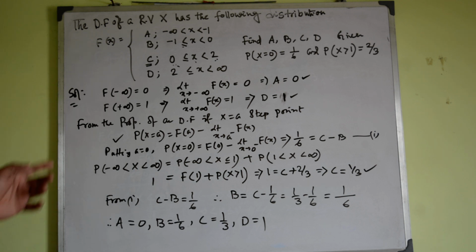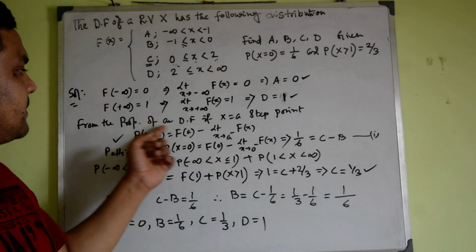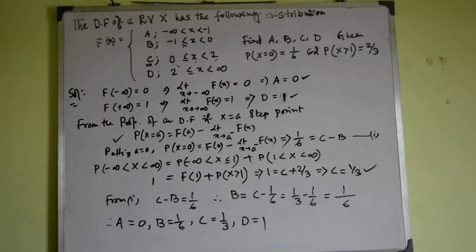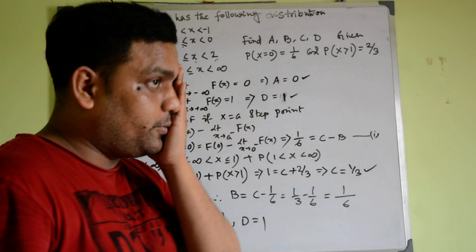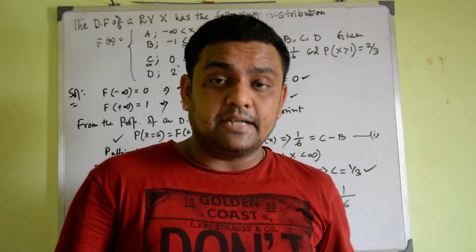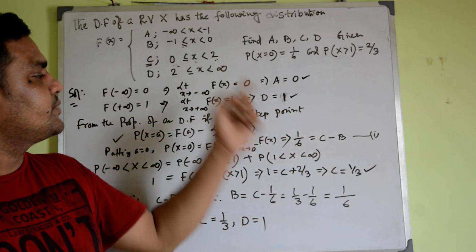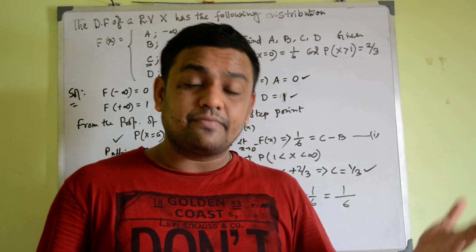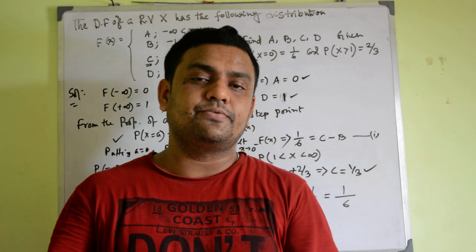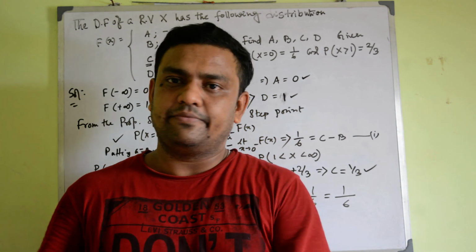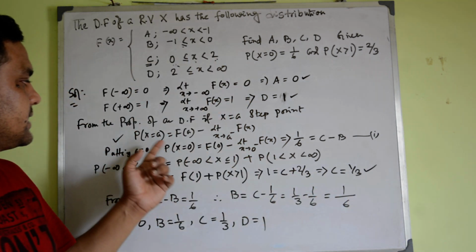You just need to remember the property of the distribution function: if x equal to a is a step point, what does it mean? It is a step point of the spectrum of the image. Let's say x tends to a from the left, less than 0, the distribution function has one value. When x is greater than 0, the distribution function has another, different value. Then what is our property?